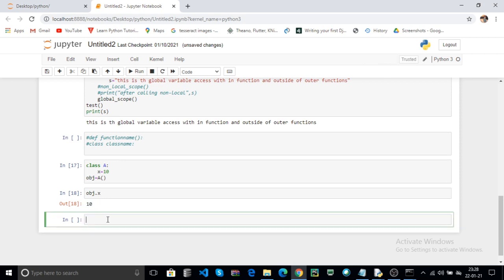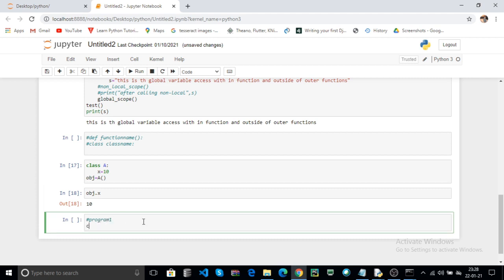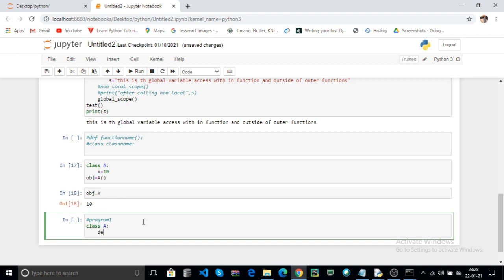Now we discuss another program, for example, program 1. Here I create one class, for example, class A. Here I use functions in the class. For example, here is one add function. Here I pass two parameters x comma y.